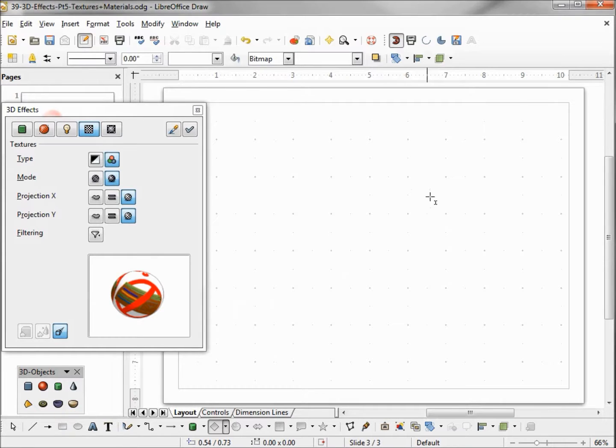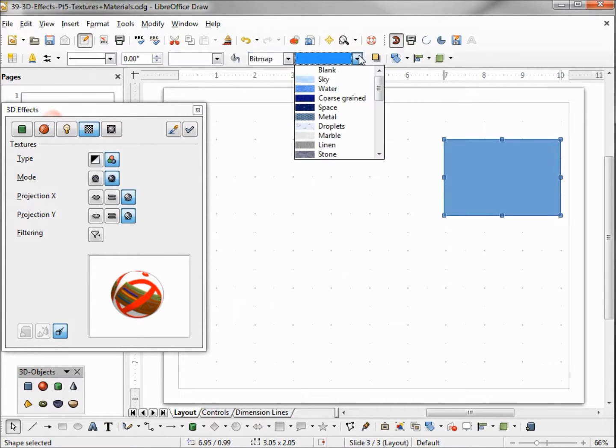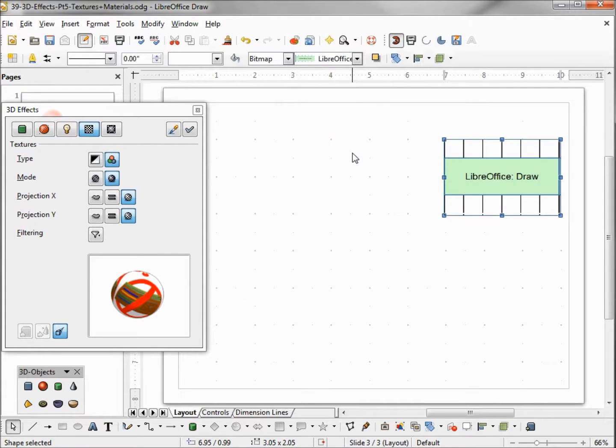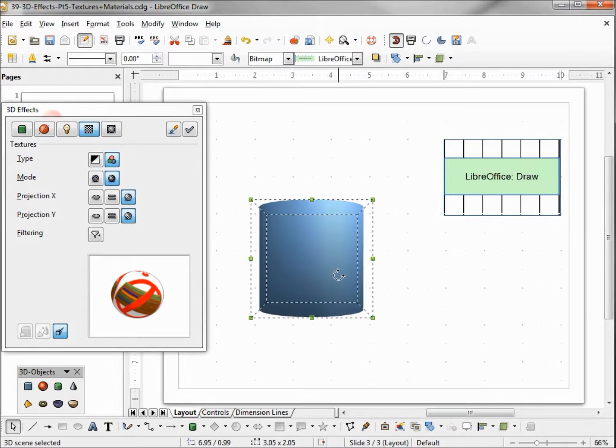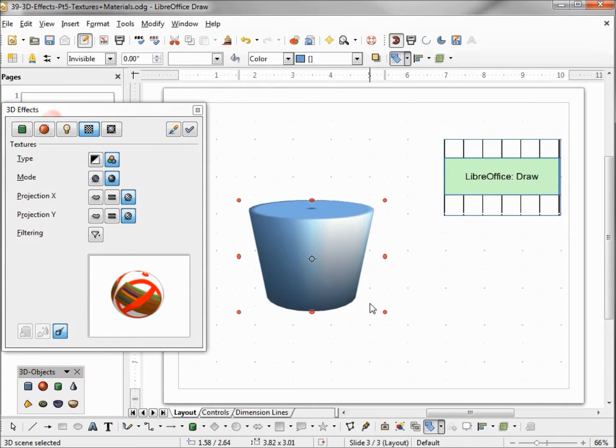I'm going to insert a rectangle, 2 by 3, and then I'm going to apply a bitmap of that LibreOffice Draw picture so we can see exactly what we have to work with. I made it 2 inches by 3 inches, so this is full size, and it works out a little better than the logo because this goes to all the corners and gets all the edges, but yet we can still see the center and it has some writing on it. So I'm going to insert our cylinder that we were working with earlier. I want to angle it a little bit. And now I'm going to apply that bitmap.